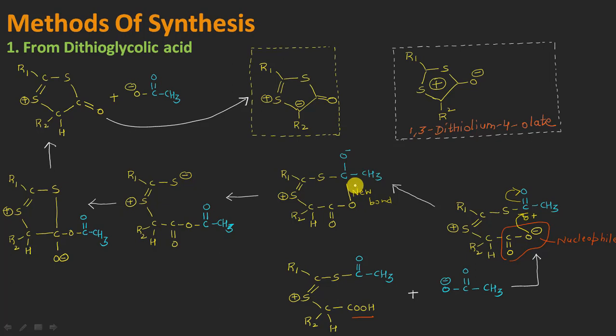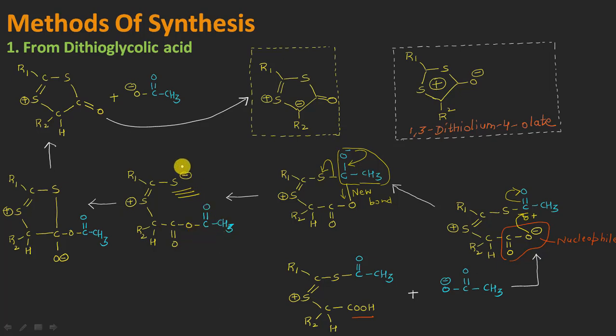And after that, what is going to happen is that these electrons will once again shift here in between the oxygen and the carbon bond in this way, and the cleavage of this sulfur and the carbon bond will take place, giving a negative charge on the sulfur atom in this way here, right? And moreover, this whole species, I mean this part, will now be coming with this oxygen atom because it is already sharing a bond with this, right? So you can see here oxygen, C double bond O and CH3, right?